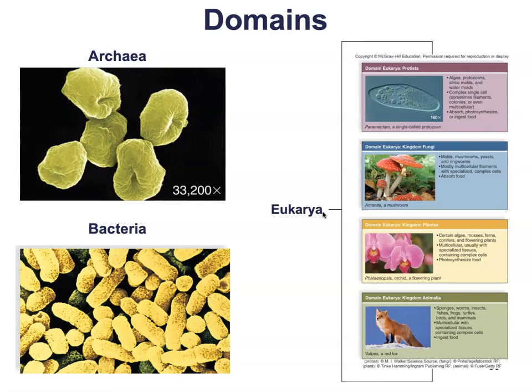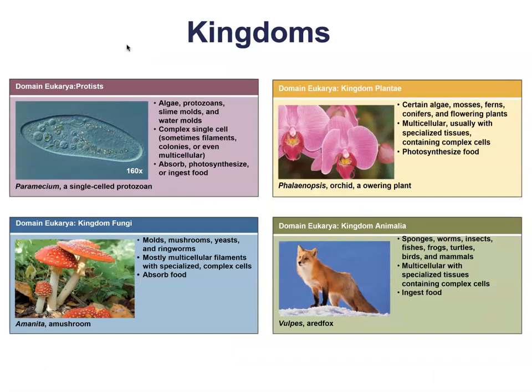You would then need to tell me whether that belongs to eukarya, bacteria, or archaea, and I'm going to let you decide right now what domain that might belong to based on the discussion we've just had. So that's an example of how you may see this tested in either a pop quiz or in the final exam. So next we're going to spend a little bit of time looking at the domain eukarya